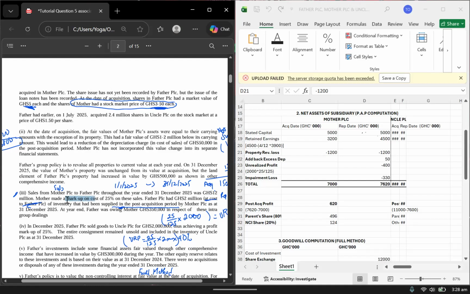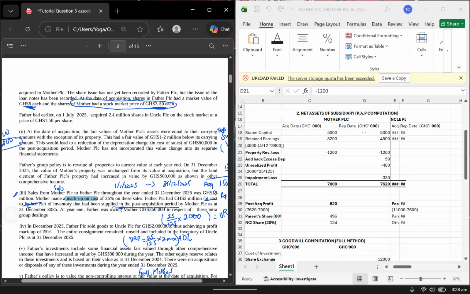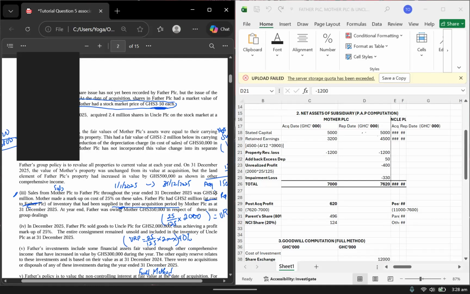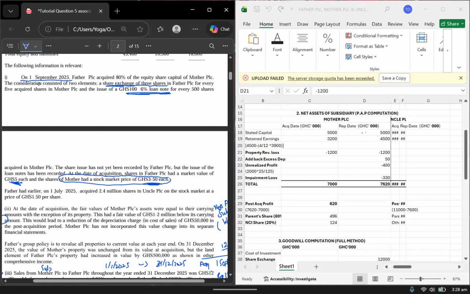Markup is calculated on cost. On cost. Okay. So with the markup to margin conversion, let me add this. With the markup to margin conversion, okay, you can take this clue. If markup is on cost,